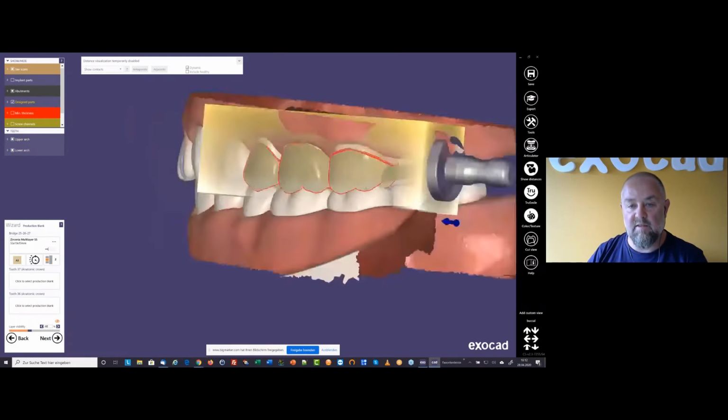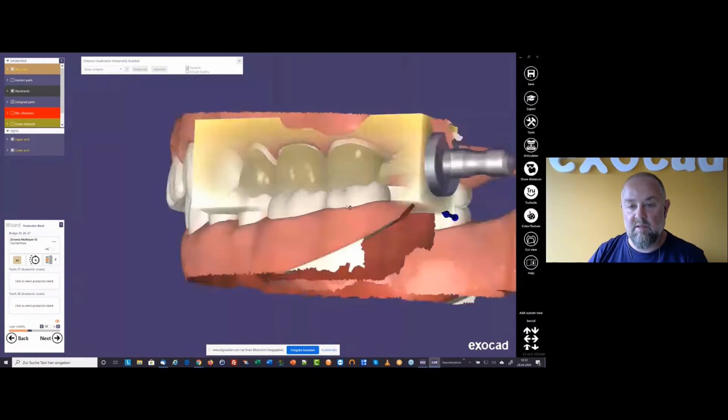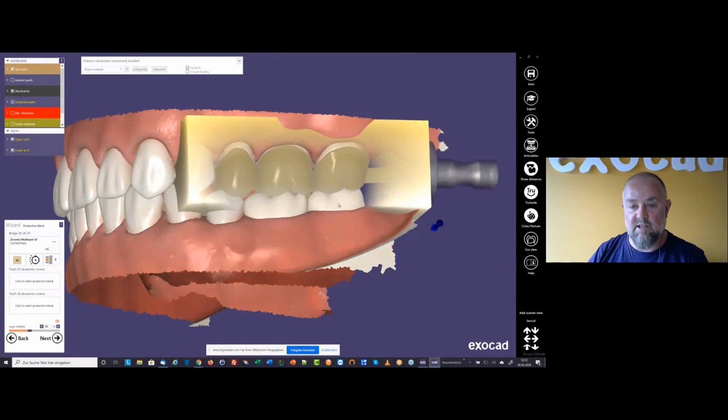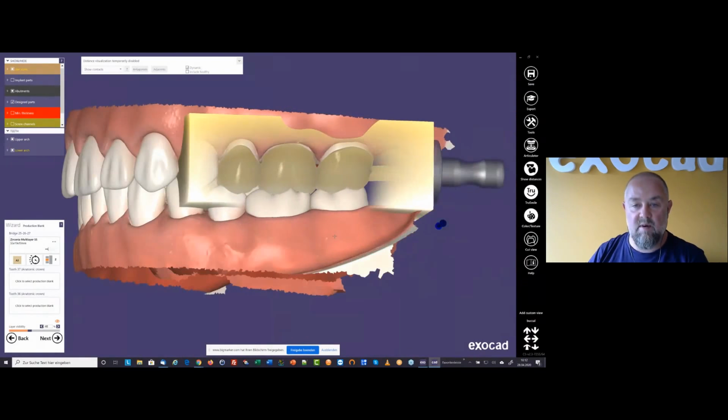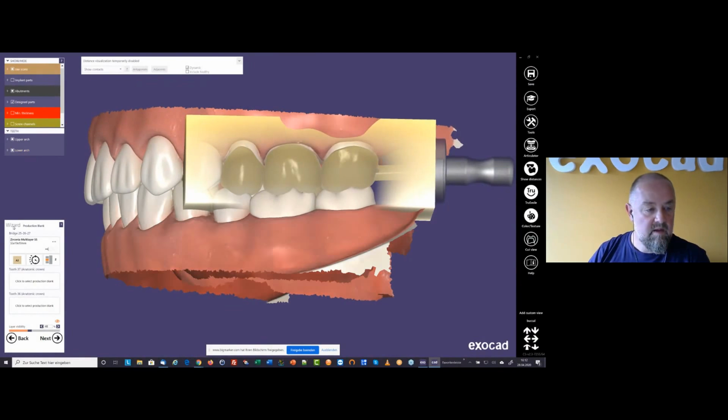If it's red, that means your restoration does not fit into the blank anymore. Like that maybe. Then you can change the color again or the milling strategy,